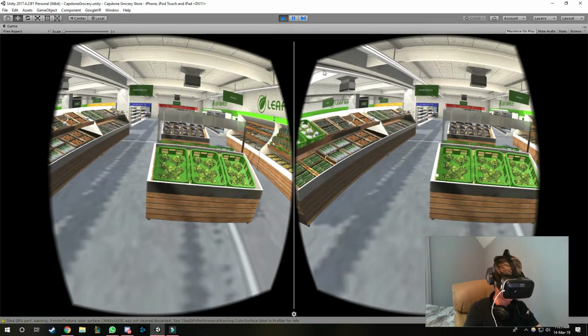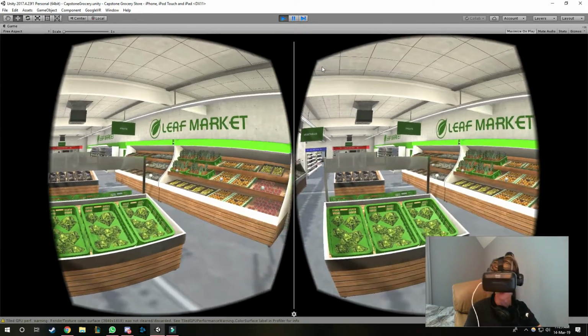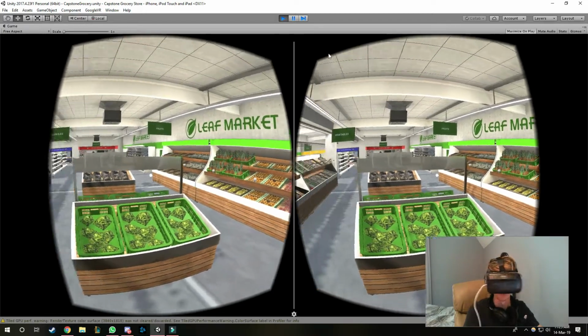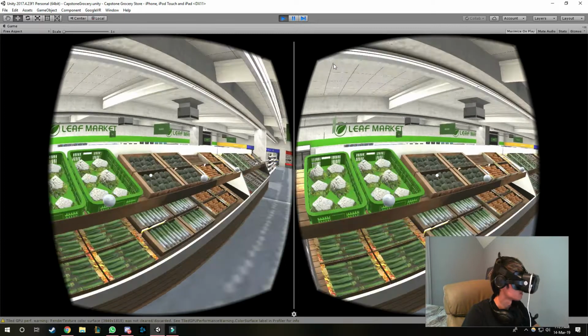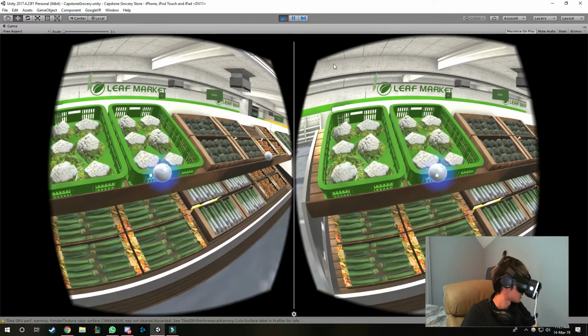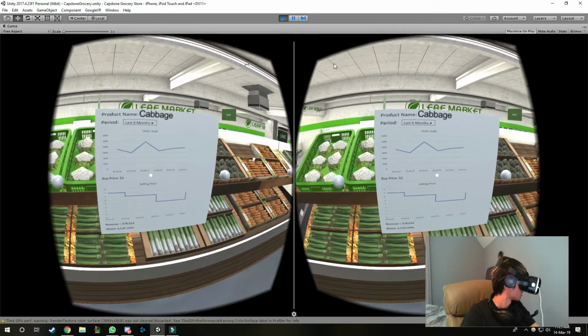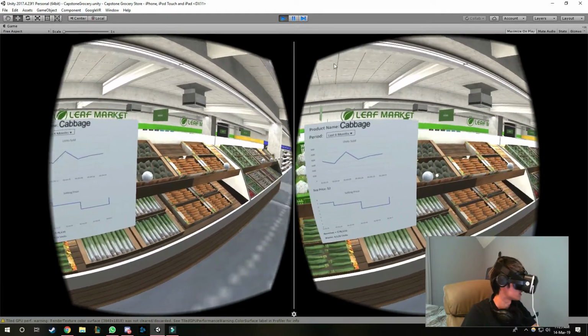and you'll be able to look at each individual item at the grocery store. If you notice, each item has a little bubble on it, and if you were to walk up to one and select it, a chart will appear that'll be different for each one,